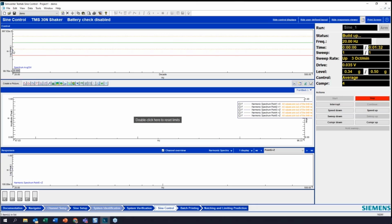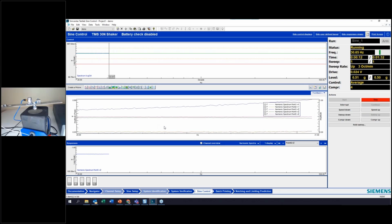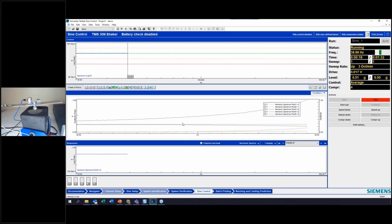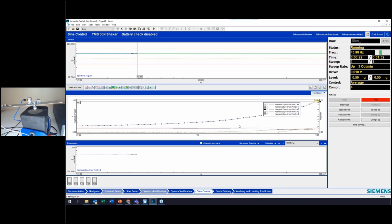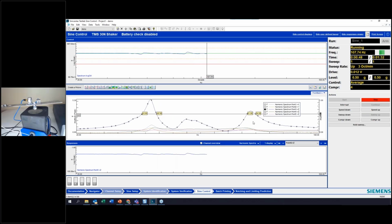I'm going to hit start, and we can see what's going on. So I've got my level increasing here, ramping up, and here we go off with the sweep. So now we can see the responses building down here, and you can see this response channel really taking off. Now, any one of these response channels can be used for limiting, but of course, the biggest response is